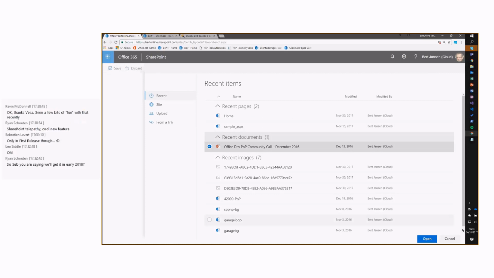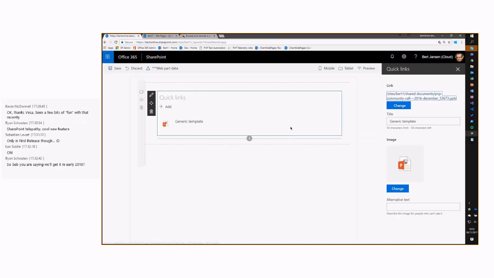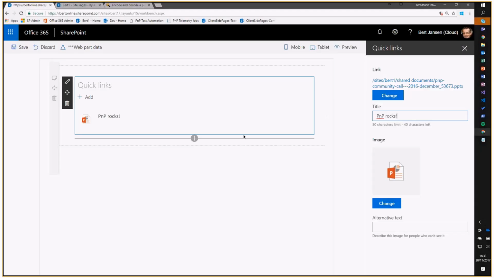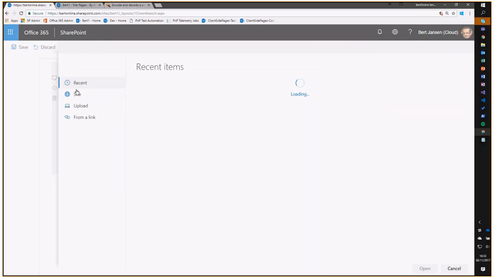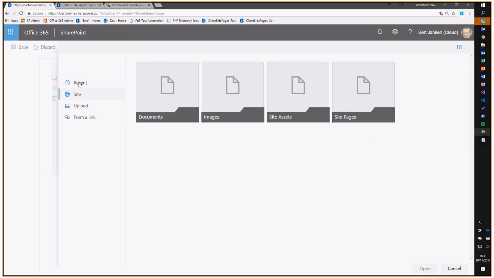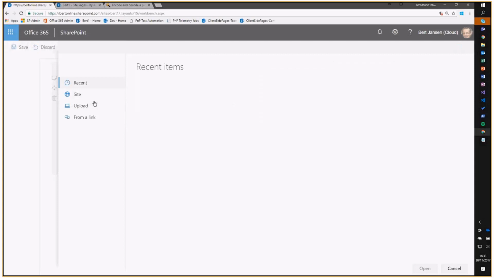Let's put some links in it. Let's put a link to the set presentation. Let's change this to PnP rocks. Let's add another one. Loading. Well, let's take something else. Go on, load.